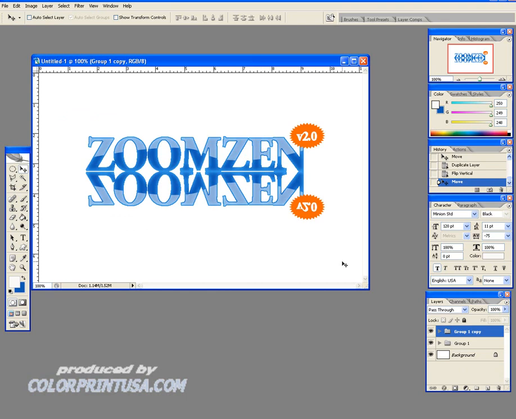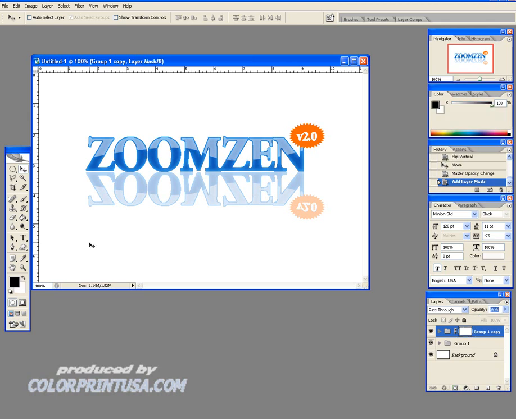Now we're pretty much right there. I'm going to make the opacity for that one, let's go ahead and make it 35%. And then we're going to add a layer mask to it by clicking this little button. It's the third one from the left. Select your gradient tool and just kind of play around with it until you get the desired look you want. You don't want to drown it out too much, but then again, you don't want that to be too